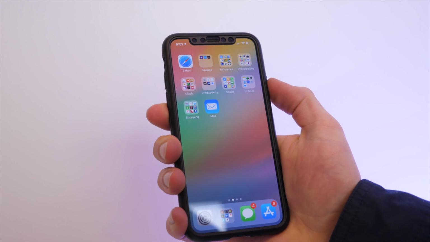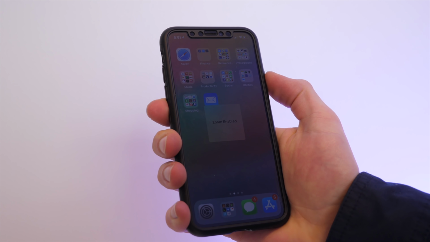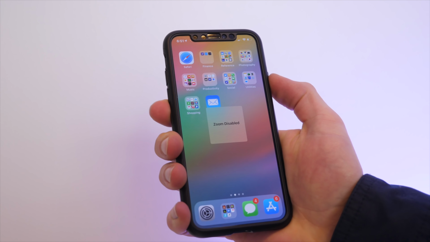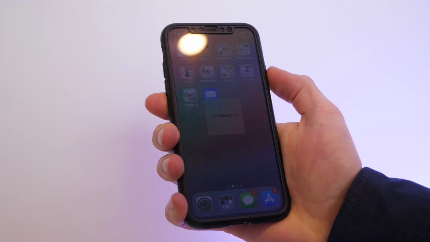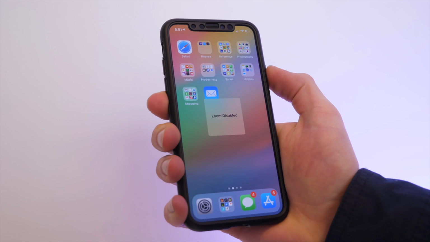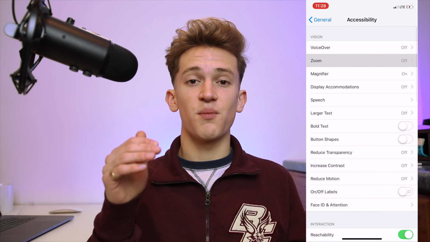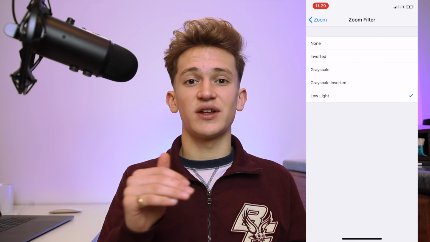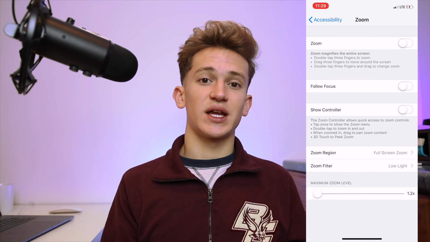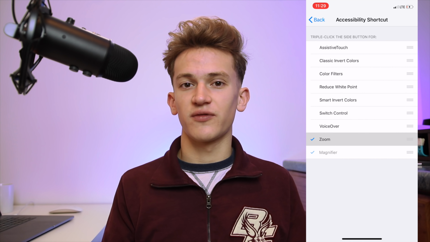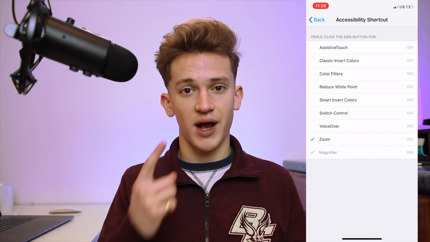Now up next, one of my favorite features is the ability to use the accessibility shortcut, the triple click of your home button or power button on the iPhone 10 models, to use that as a low light filter. If you put it on low light mode, then you can actually use this to make your brightness even dimmer. With a very simple triple click of the button, you can take the minimum brightness and make it even dimmer. I love this for using it at night or any type of very dark environment. This is perfect to help out your eyes.